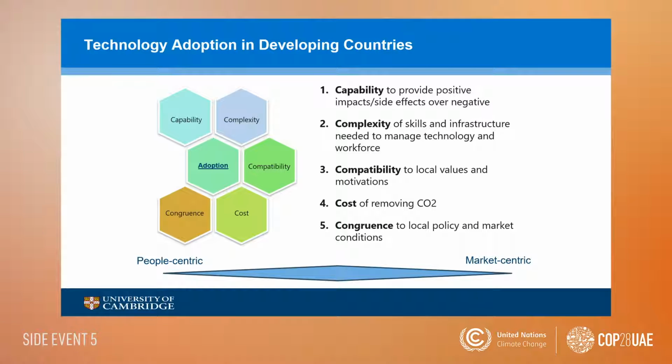As I mentioned earlier, the second area in which we can look at technology is technology in relation to the country's context. In this case, we can measure the feasibility of a technology along 5 different points of consideration. The first being the capability of the technology to provide actual benefits to the country that it's being implemented in. These types of capabilities can be intended, such as the sequestration of carbon. It can also be a side effect. And that could be that you're improving livelihoods, or you're strengthening the resilience of the coastline so people are less impacted by